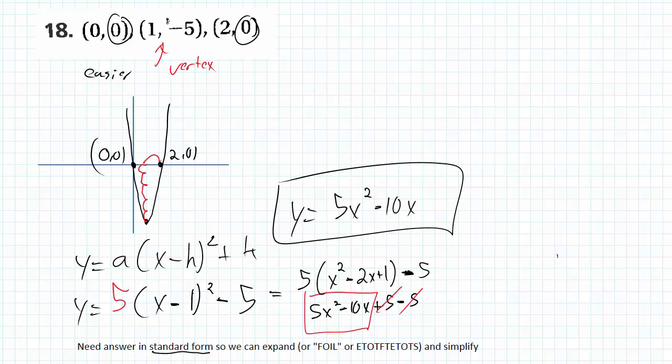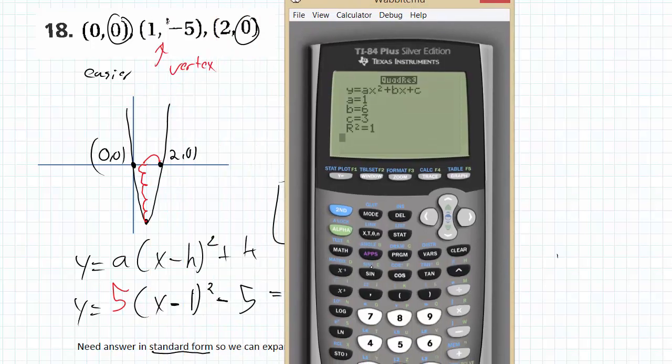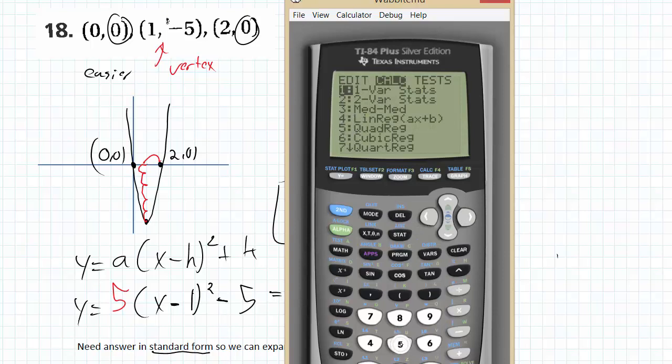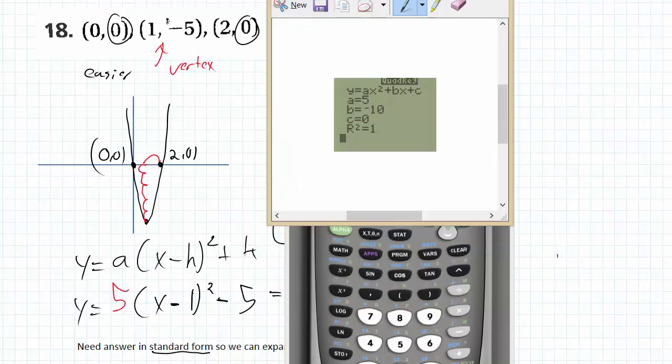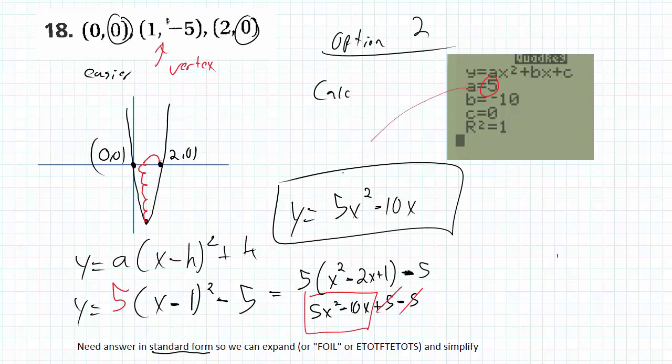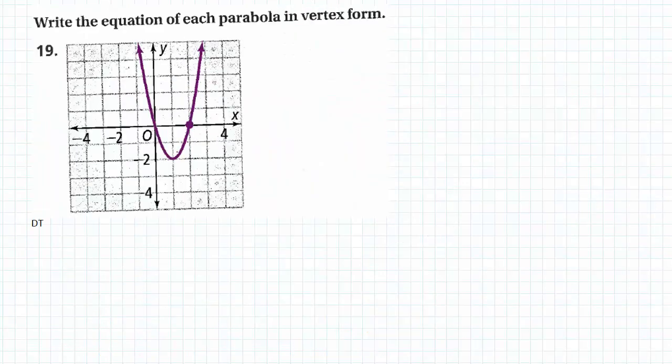What if we just use quadratic regression on the calculator? So I'm going to use option 2 here. If I go into my calculator, I hit stat, I go to edit. I'm going to put the x coordinates, which are the same as the previous one. All I have to change is my y coordinates. And I go to stat, calc, option 5, quadratic regression, and I just hit enter a few times. And notice how I get the exact same equation: 5x squared minus 10x plus 0. I don't need to write the plus 0 because when you add 0,